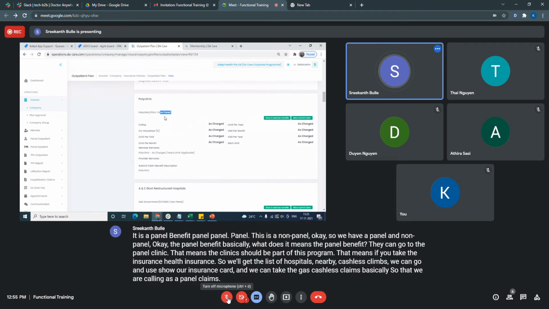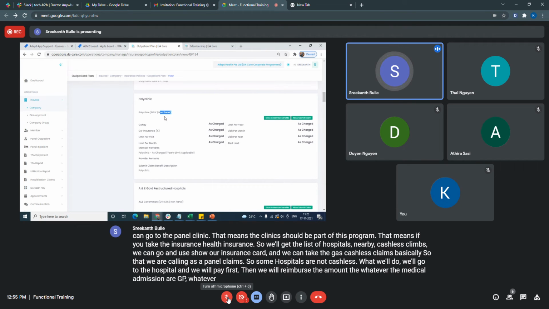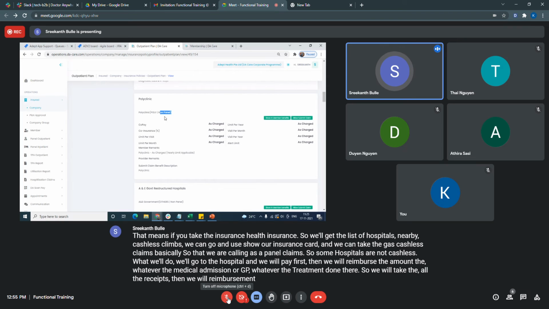Some hospitals are not cashless. There we go to the hospital and pay first, then we take all the receipts for the treatment done, whether medical admission or GP, and get reimbursed by the health provider.